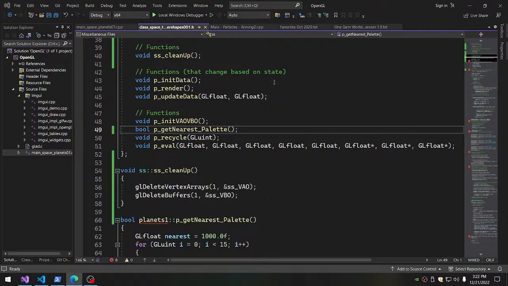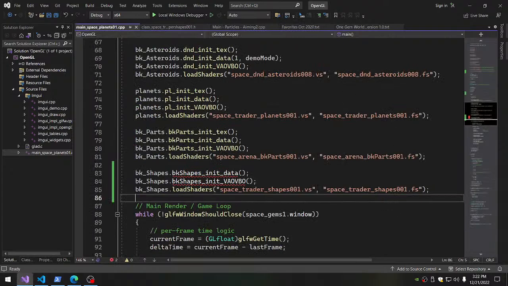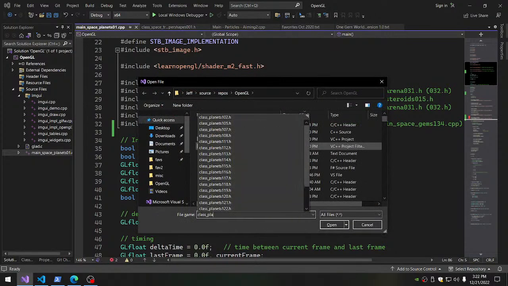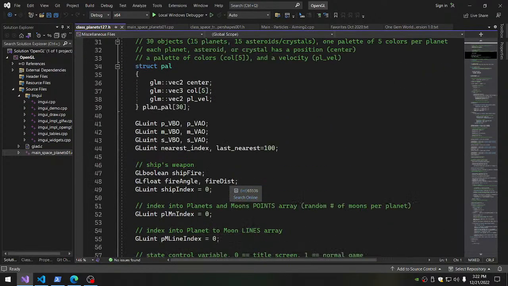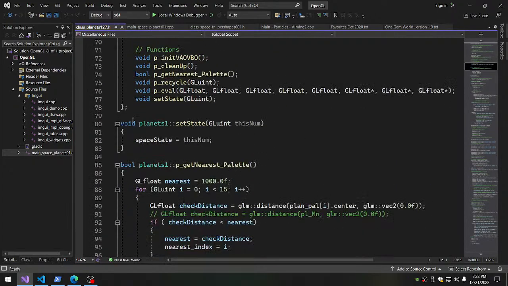Okay, I don't think we need to see... Wait, where did it go? Where did it go? Uh-oh. Because we took it from... Class Planets 127. Why did I get rid of that? Class Planets. There. Oh, because I copied it. Okay, alright, but that's okay. Let's just...